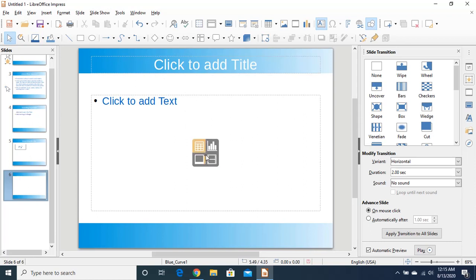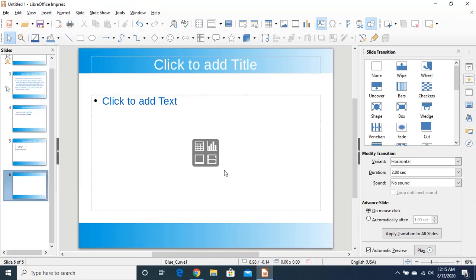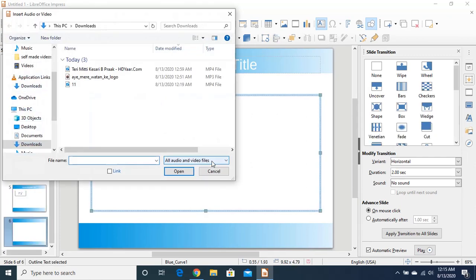Now I want to add audio or video, right? So when we click on this option, this is also a way we can add audio video. And here you will get this one. This is also an option to insert audio or video. And in insert you will get an option audio or video. You can add your audio video from any of these 3 options, right? Suppose I click on this one. It will take you to the gallery where you have saved your audio or video.